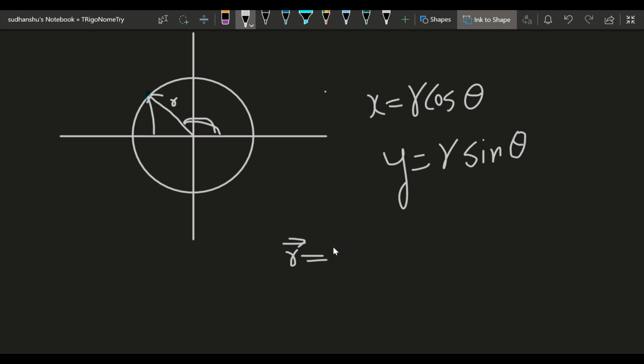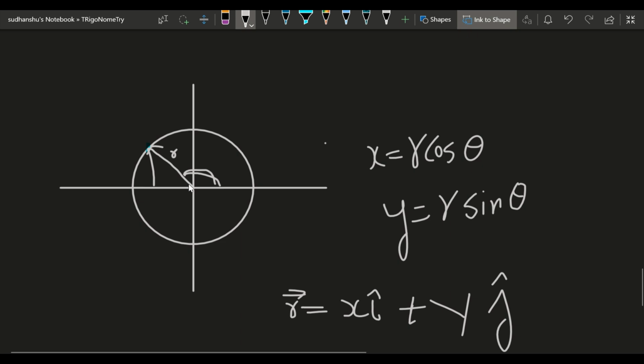But for someone who already knows about vector, what you can write is, see, for r there is x i cap plus y j cap. This is always true, right? x i cap plus y j cap for a vector starting here. अगर आपके पास कोई कोऑर्डिनेट सिस्टम है और आपका वेक्टर ये है, तो of course always